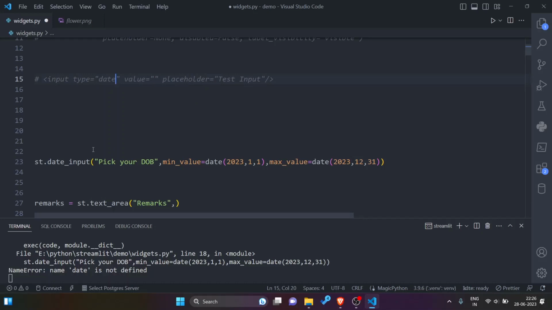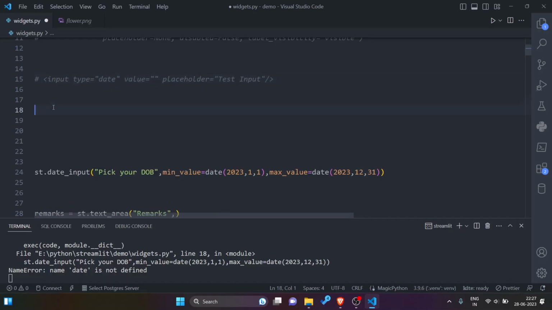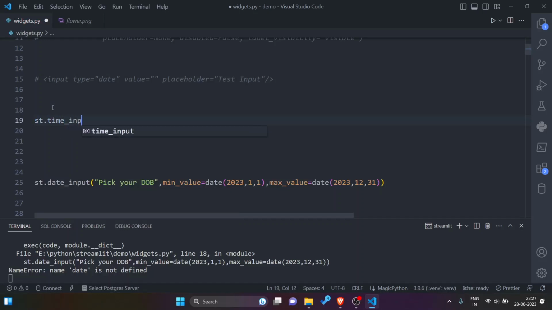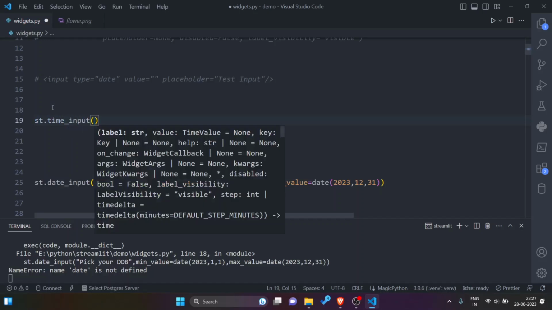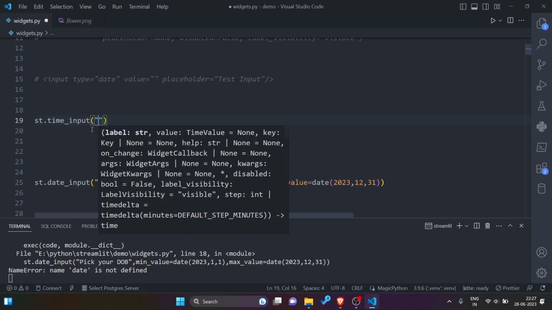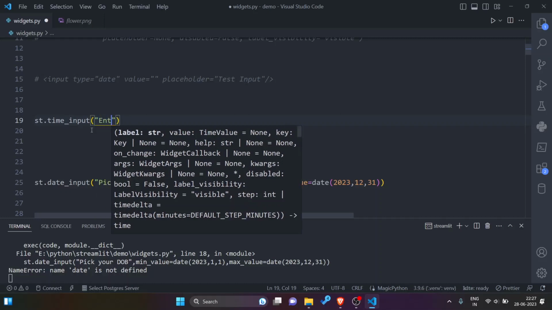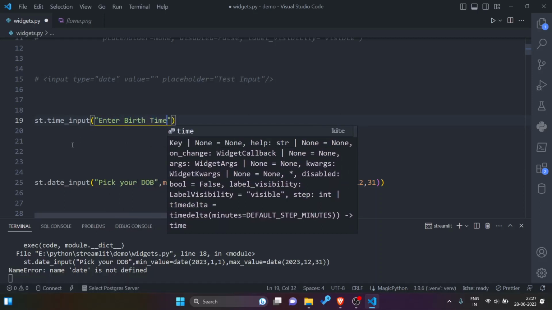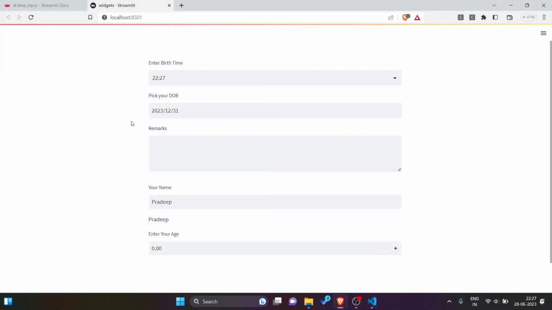Now move on to next. So next is st.time_input. Means I can create time input fields in my website. Mandatory field is label. So let me write enter birth time. Let us see the output.